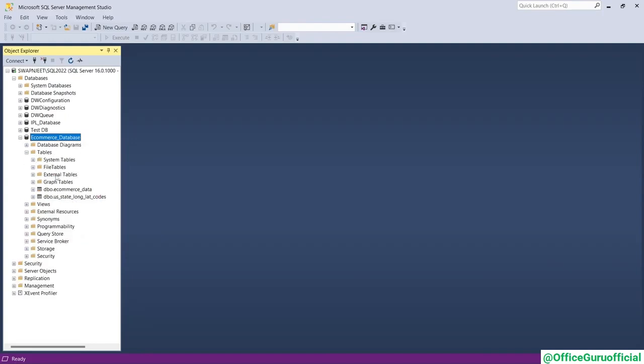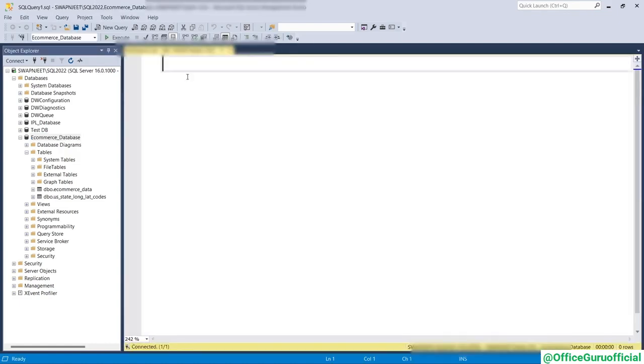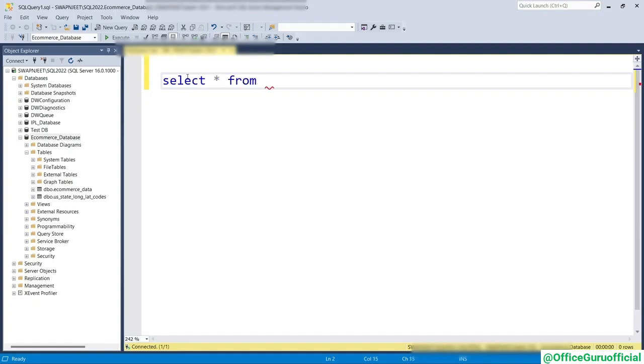Expand this, and you can see both the tables have been added over here. Now let's see how the data looks in MS SQL Server. So I will right click over here and click on new query. Okay. So what we will do is fire a query and see if our data has been imported correctly or not. To see all the data, we will be using a select statement, select star from